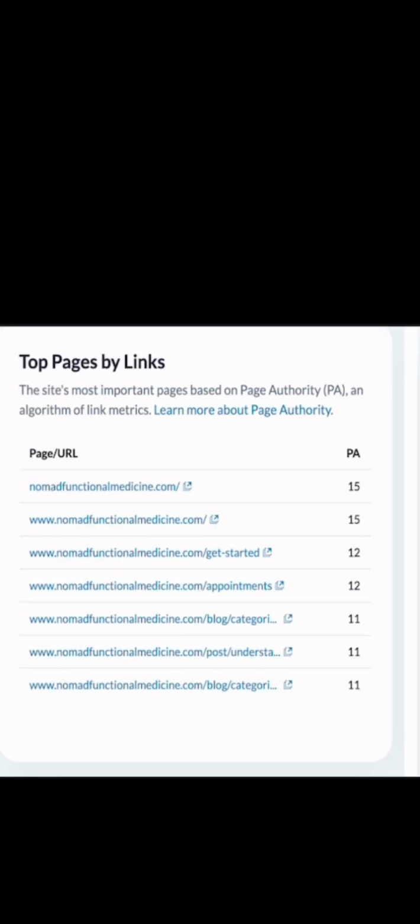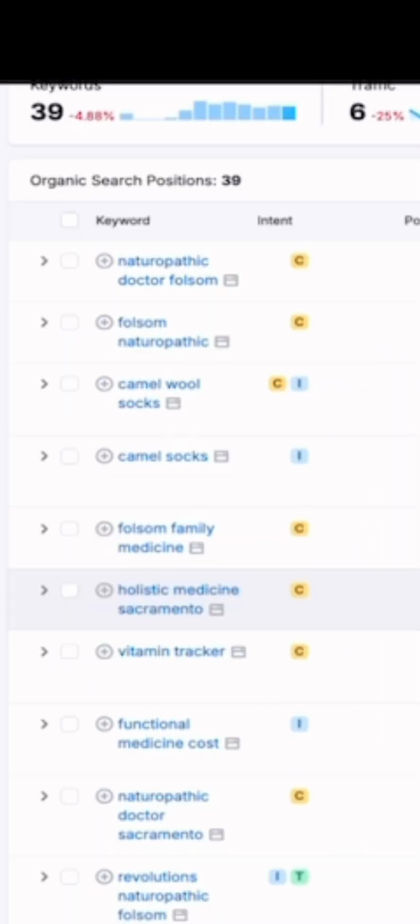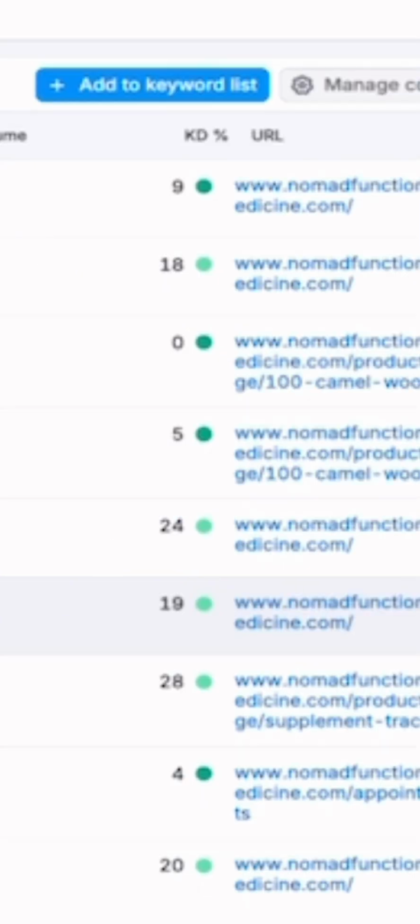Your top pages by link, your page authority ranks from 15 to 11. I'm a data analyst, so I like to use a multiplicity of sources. So here we have a different set of keywords. Again, you want to use these keywords in your YouTube videos that have the lowest KD according to the difficulty. But if you just stick with that one metric, it's not going to help you. So you really want to go in depth, and we're going to use a second tool called vidIQ to go